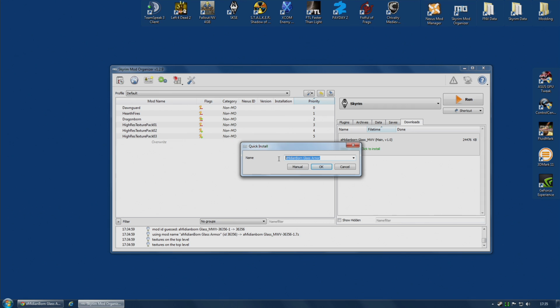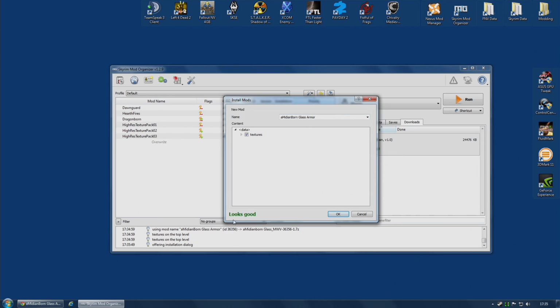And if you do, you can change the name here if you want. It's up to you. If you are even slightly unsure about the mod, click Manual. I recommend doing this for just about every mod. I always do so. Manual. Looks good. This is what I'm being told straight away. This is what you're looking for. Looks good. But take your time, have a look at it, rename it if you want, and look at the